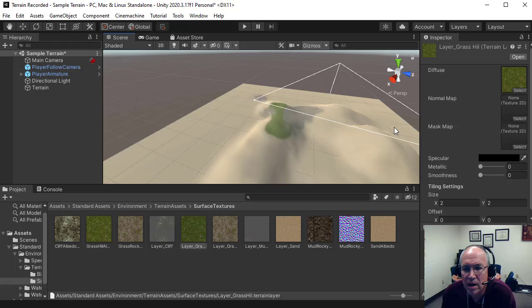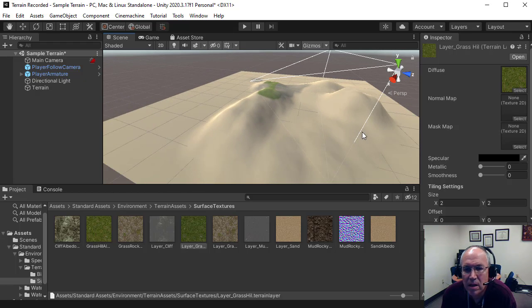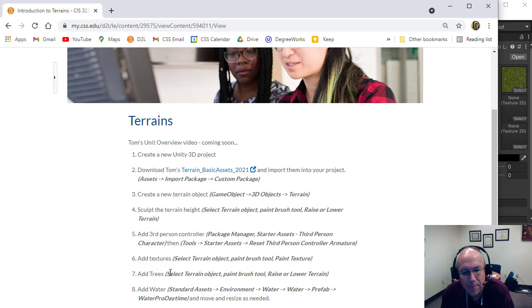So again, go around and paint in your tutorial. I'm going to have sandy beaches and water. I guess maybe I'll add my water, and then I'll do some more painting here. So let's go on to the next thing. Add some trees